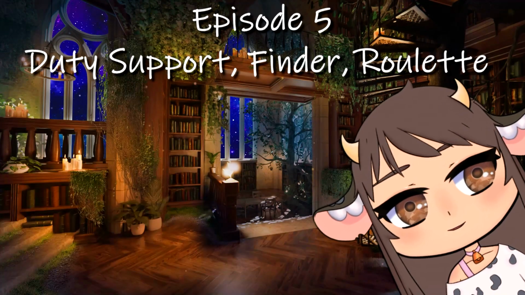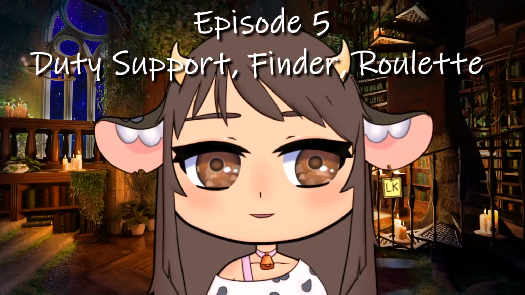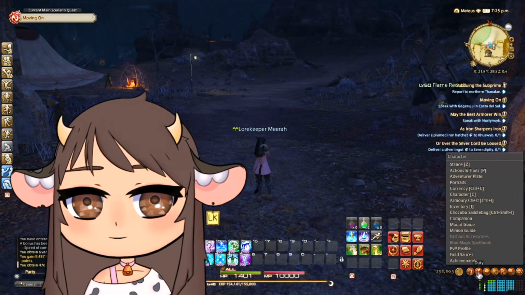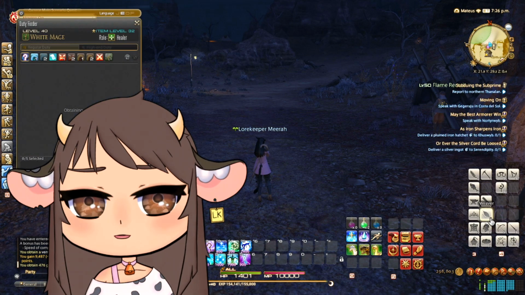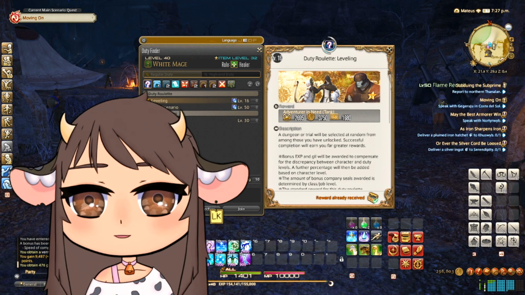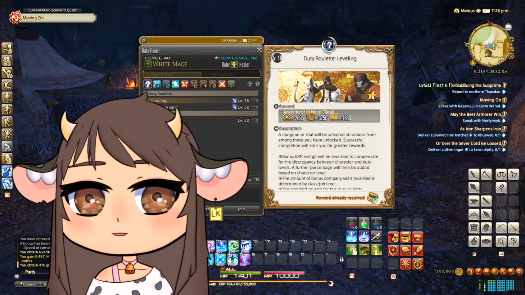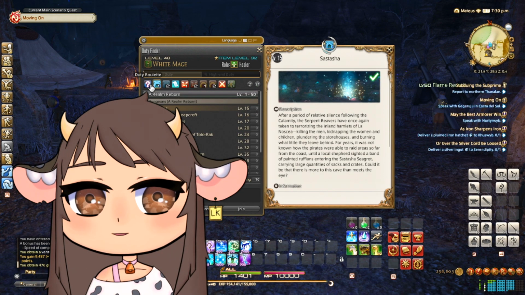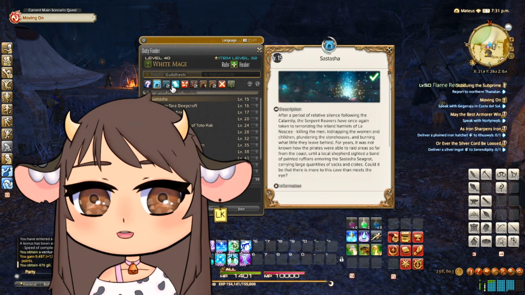Duty support, duty finder, and duty roulette. What do these things mean, and should you be using them? So once you hit like level 16, I think, the game will start unlocking dungeons, and instead of jobs or mission, the game calls these and other instanced battles within the storyline duty. You can queue up in a duty finder if you want to go into a specific dungeon with actual people,